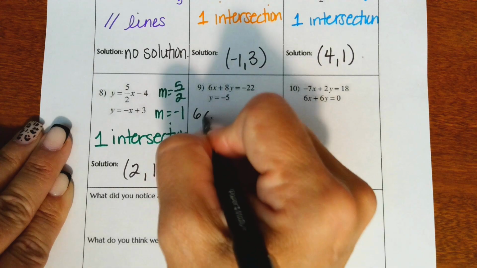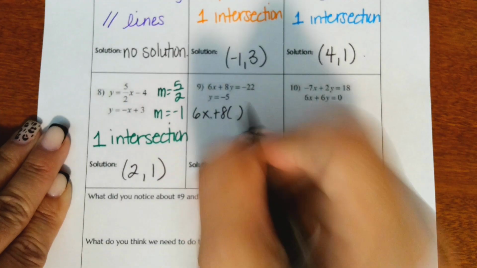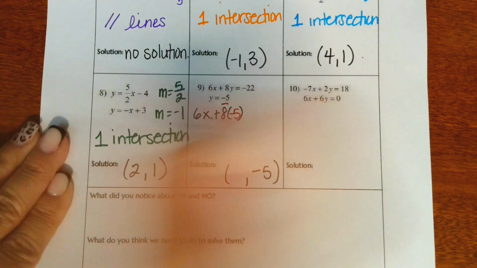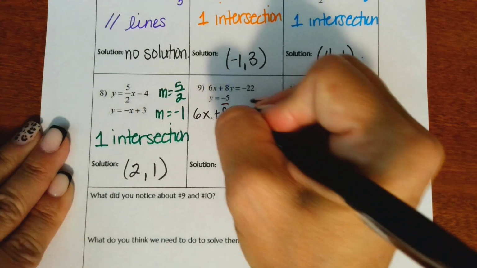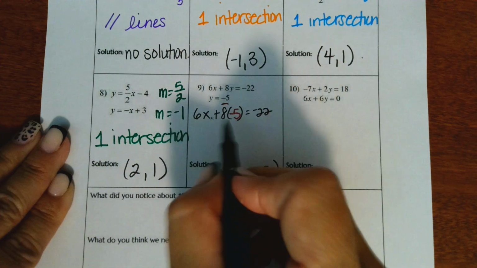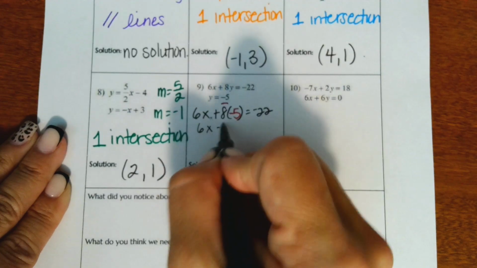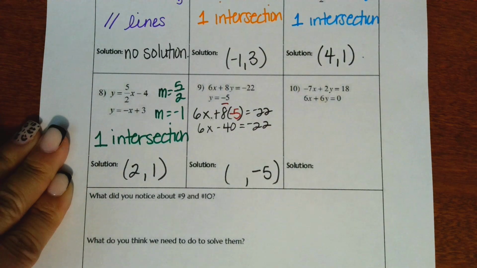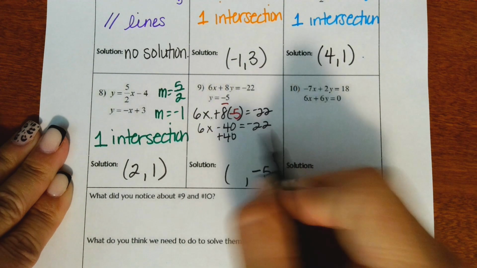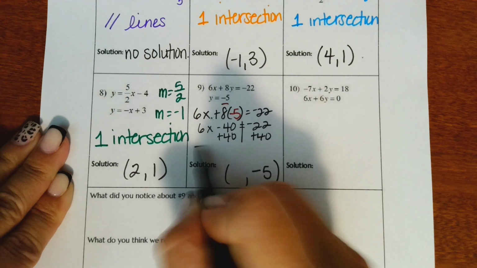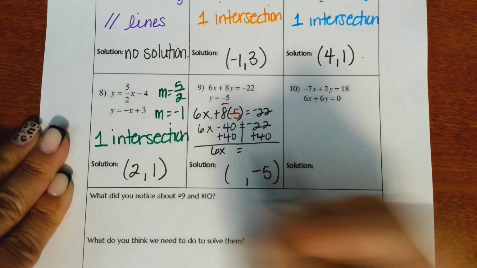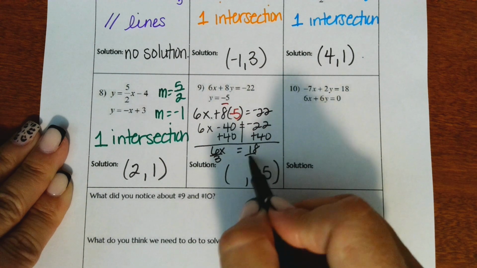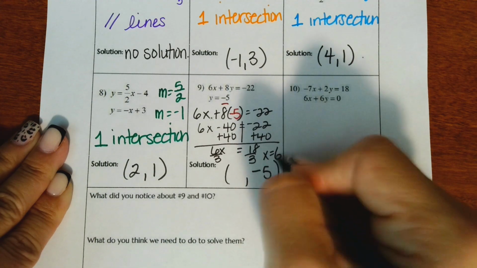So I'm going to do 6x plus 8 times, well, instead of y, I'm going to substitute a negative 5 in there, equals negative 22. So 8 times negative 5 turns into 6x minus 40 equals negative 22. We're going to add the 40 to both sides, and you get 6x equals 18. And now we divide both sides by 3,